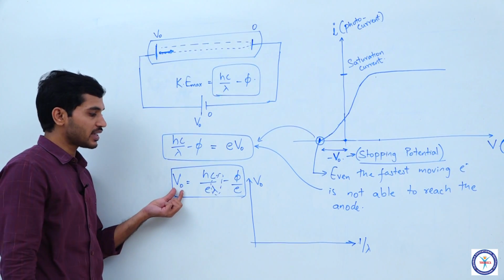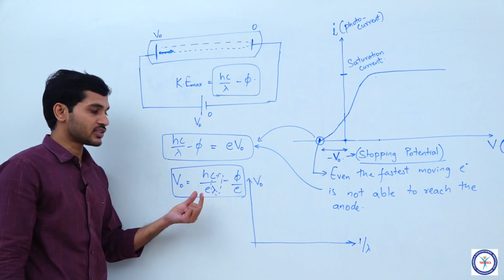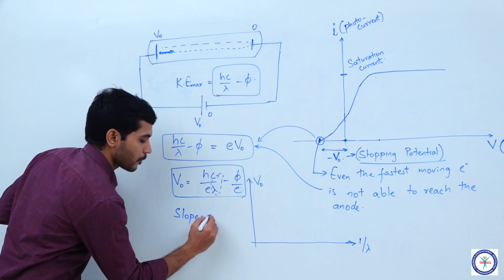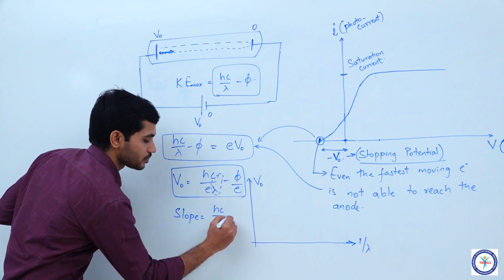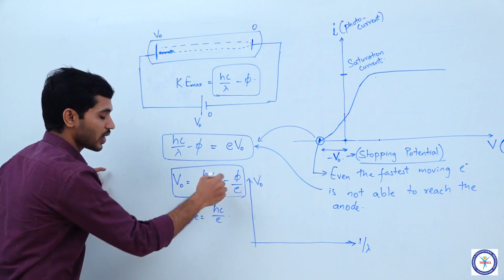So, it is in the form of y is equal to mx plus c. M here is hc by e, the slope of the graph would be hc by e, and the y intercept